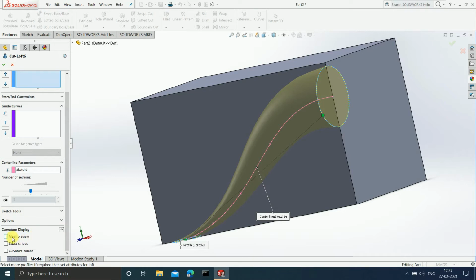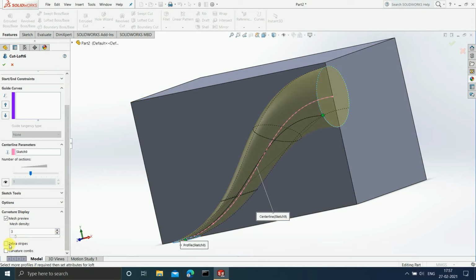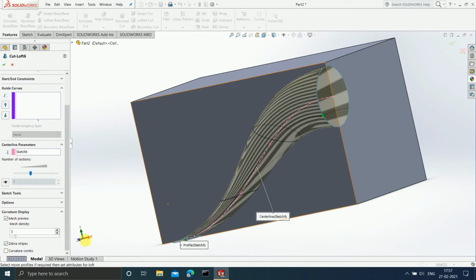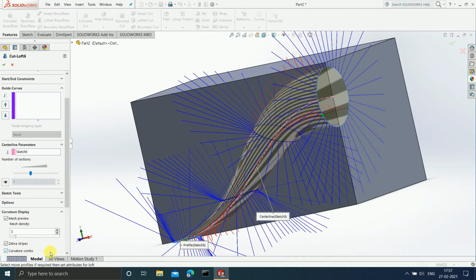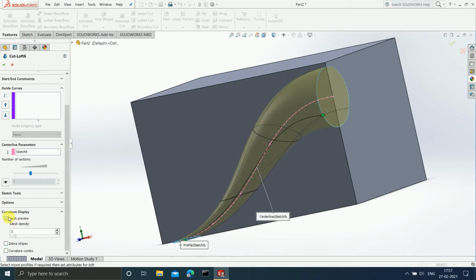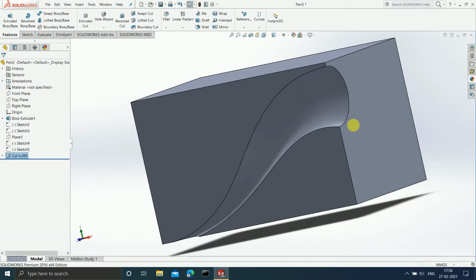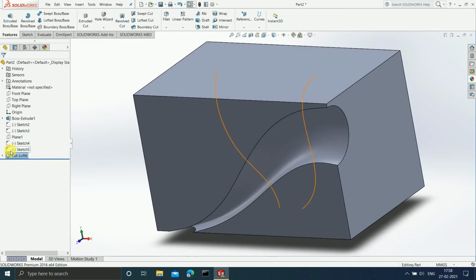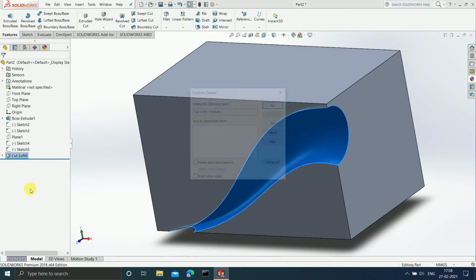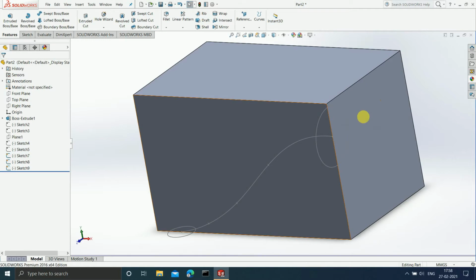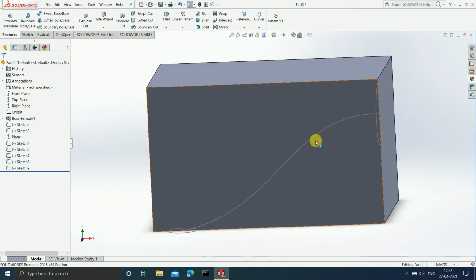Whether you want a mesh preview, somewhat like this, or zebra stripes, or curvature combs, everything is available according to your requirement. Once this is done, click on OK. Now I'm going to delete this, and I'm going to explain the thin feature now. For that, let us hide this, we don't require it now.